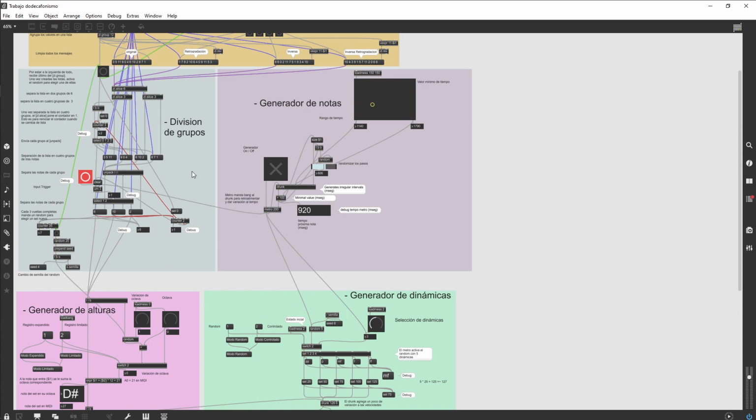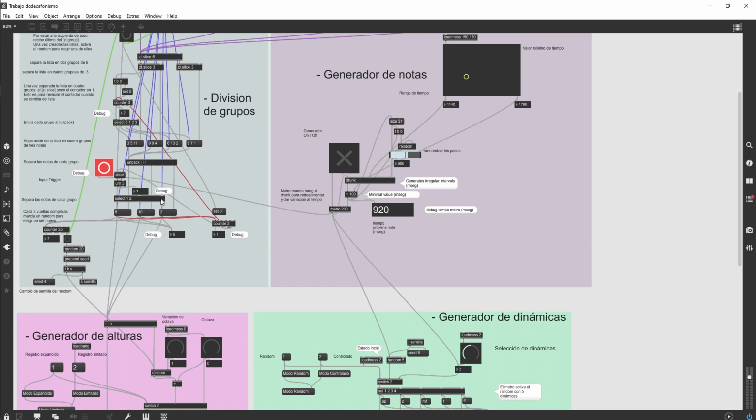From my point of view, the most important of these 5 in this patch is the note generator, because it sends the bang to the division, the dynamic, and the pitch generators. Because of this metro, the patch starts, and it's like